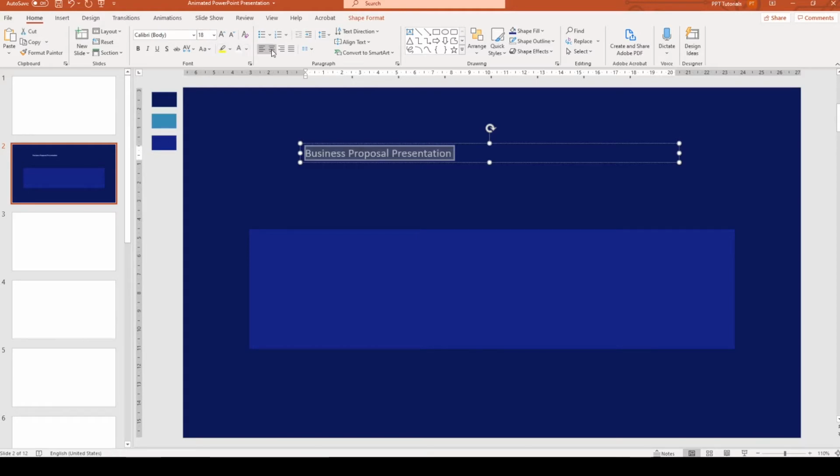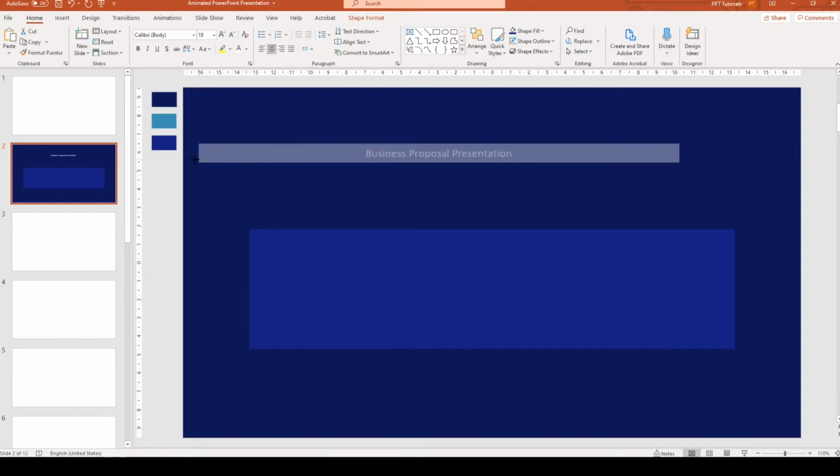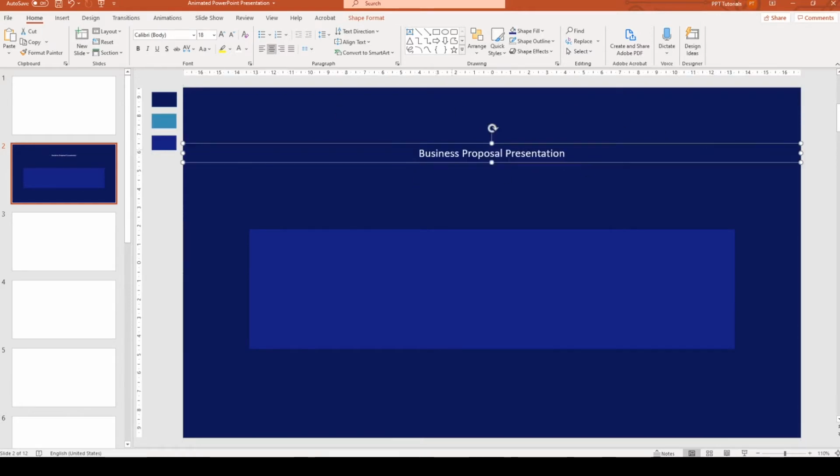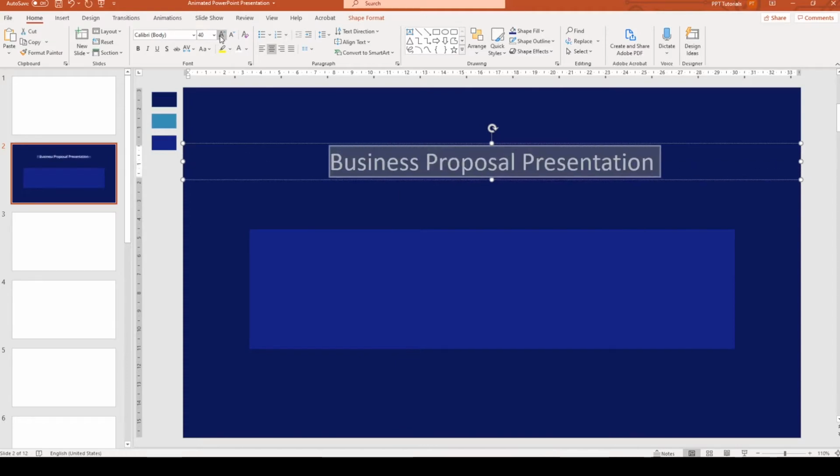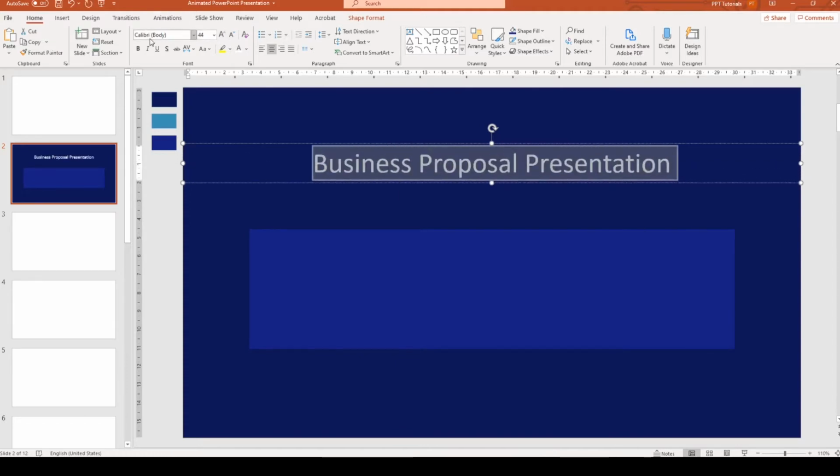And we are also going to align the text to the center of the text box. Next, I'm going to stretch the text box to cover the full width of the slide. Now this is really helpful because as I increase the size, the text will still remain center aligned on the slide. Now I'm just going to change the font of this title. You can tweak it any way you want to suit your presentation.